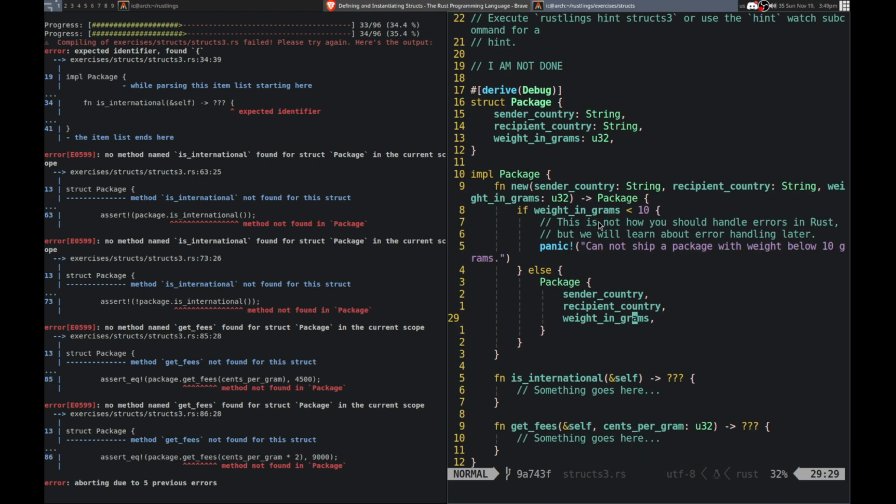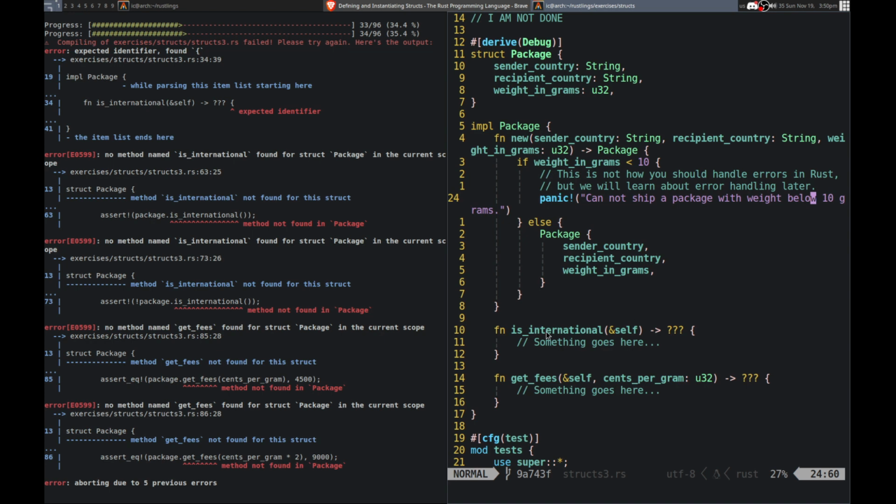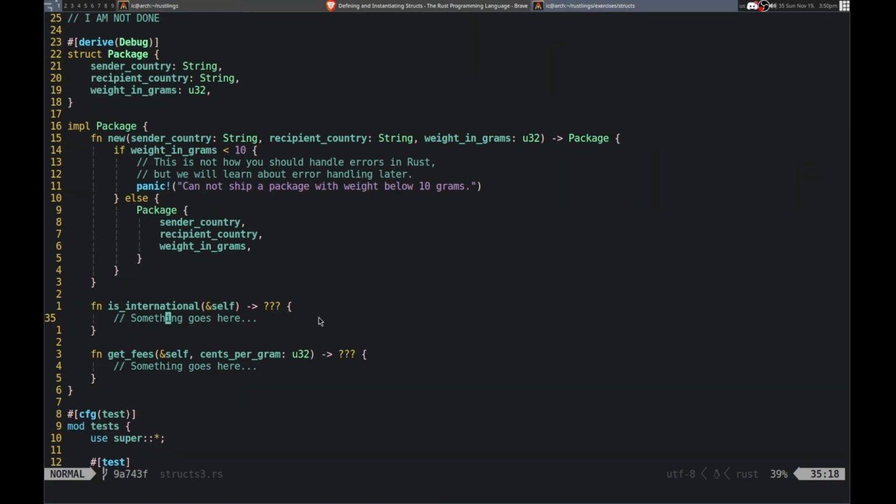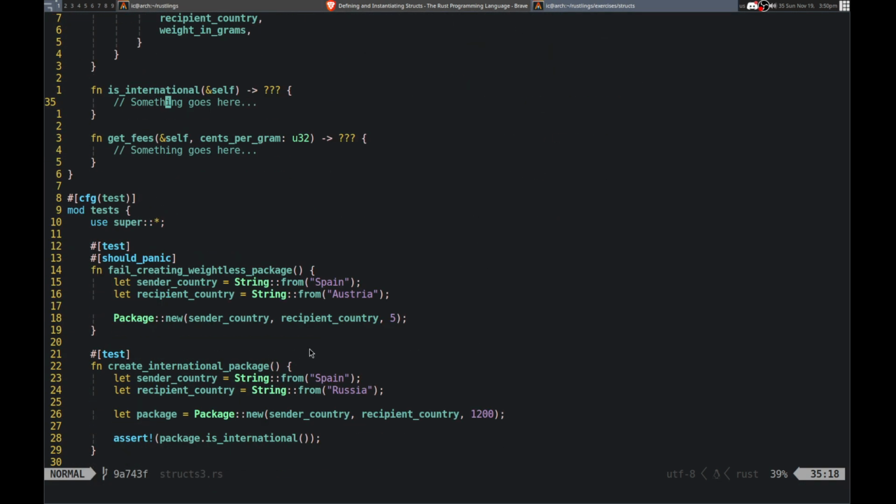Alright, so this is not how you should handle errors in Rust. Okay, we'll learn about that later. Okay. New one. Okay, international. So what does it, let's see. So